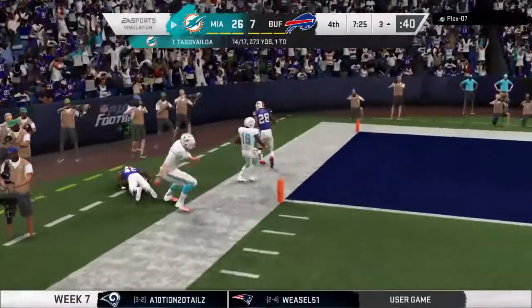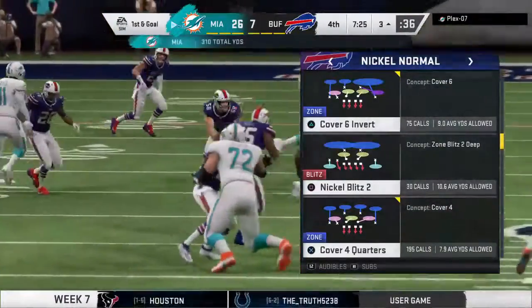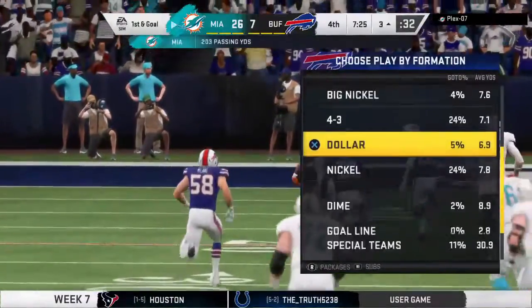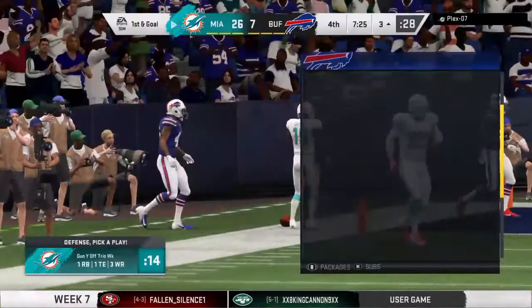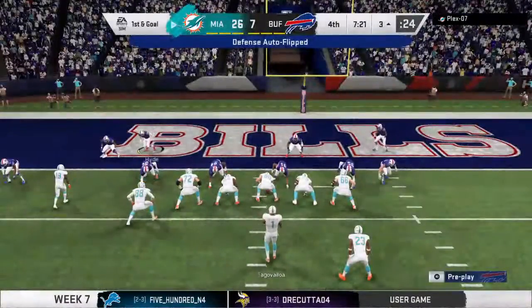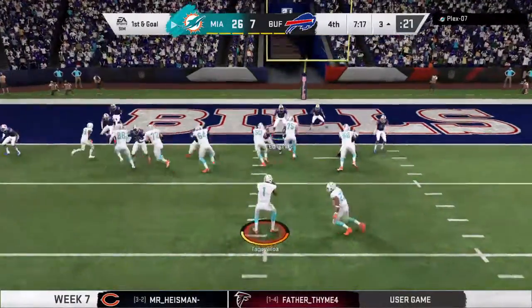And finally out of bounds, just a few yards short of the goal line at the 3. They're able to convert on third down, and that sets up a 1st and goal. Boy, another big play late here for an offense, Charles, that certainly has had its fair share of big plays. Coverage has been a problem all game long, and I would say that going along with that has been confidence. Because even if they had the right coverage, they've still dented them, and now it's been a real issue for